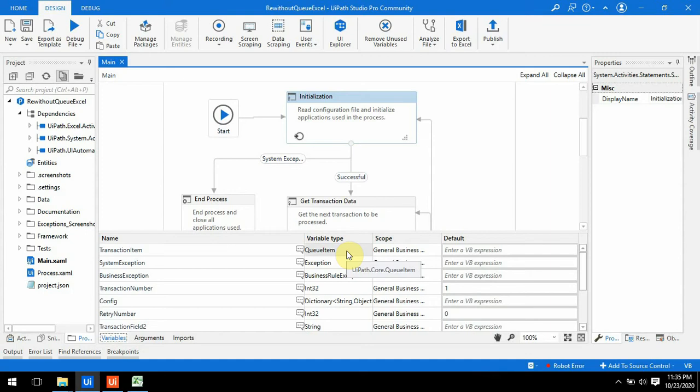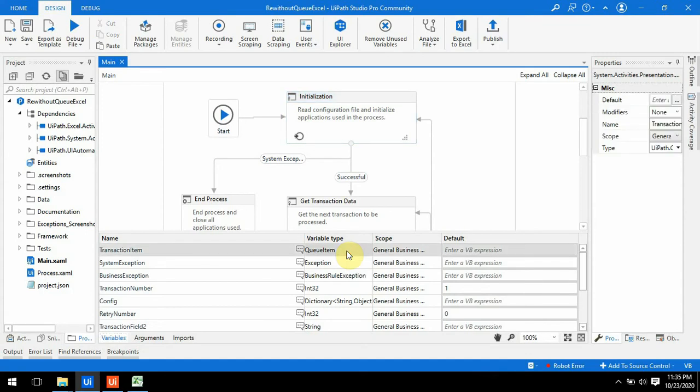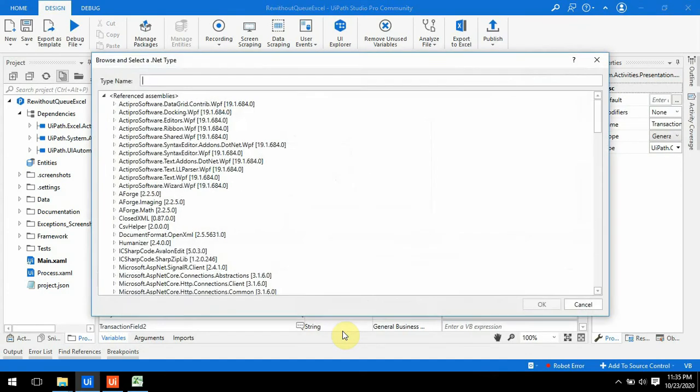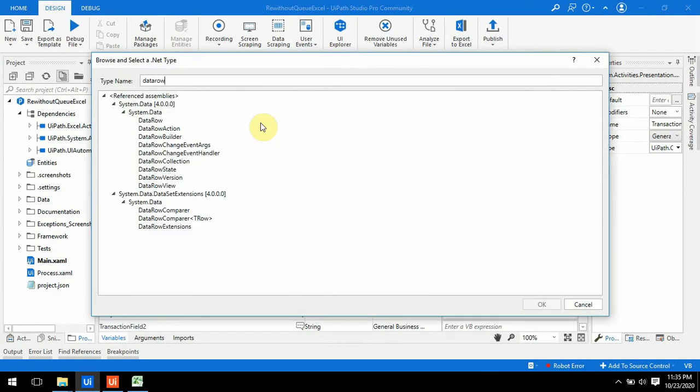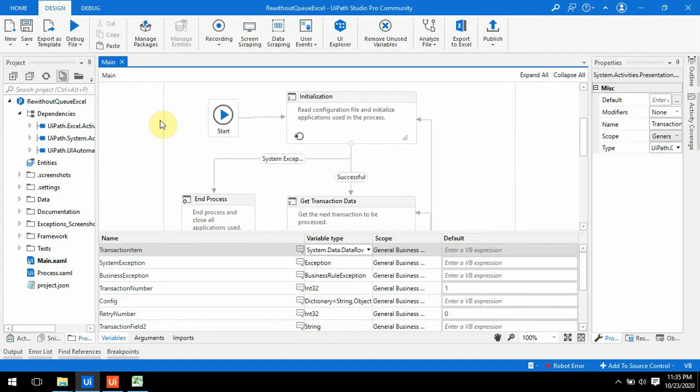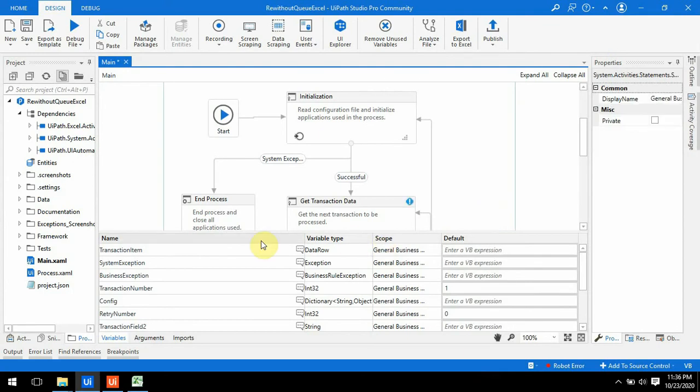Whenever you find QueueItem as the transaction item type, immediately change it into DataRow. Just click on Browse for Types and type DataRow. In System.Data.DataRow you can get the variable type. So the transaction item variable type is changed.